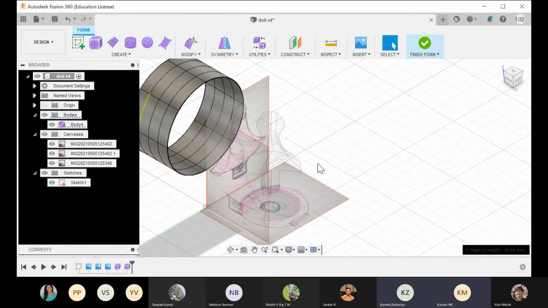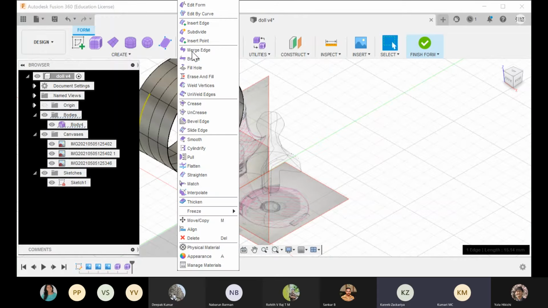Last class also I showed you an example where if you want to join two surfaces, we use weld, merge, or some options to get two surfaces or two boxes together. Merge, bridge.